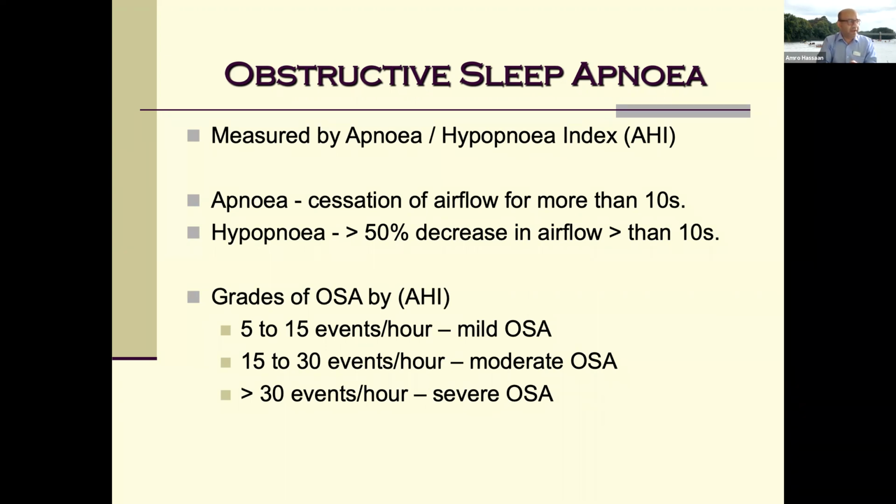The apnea-hypopnea index is measured in the number of events per hour. So if you're obstructing less than 5 times an hour, that's normal, apparently. From 5 to 15 per hour is termed mild, 15 to 30 moderate, and over 30 events per hour is severe. And we regularly see people obstructing 40, 50, 60, 80, 100 times an hour. And if you just do the maths in your head, that's once every minute there is 10 seconds where you're not breathing.